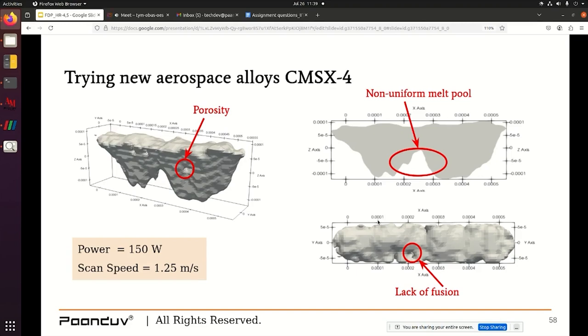That is, we can explore new alloys, because we know that in additive manufacturing, specifically in laser powder bed fusion, the number of alloys is pretty much less. So to enhance that data set, we need to generate data. For that we can use simulations, and this data is also very essential for defect mitigation and defect analysis. You can see here how porosity, non-uniform melting, and lack of fusion voids can altogether form